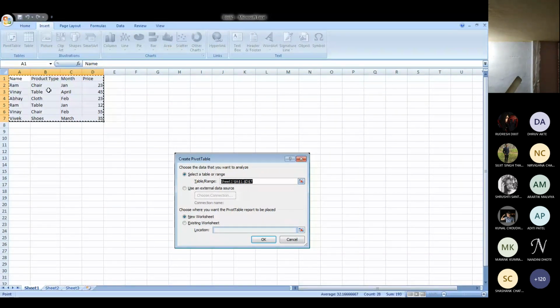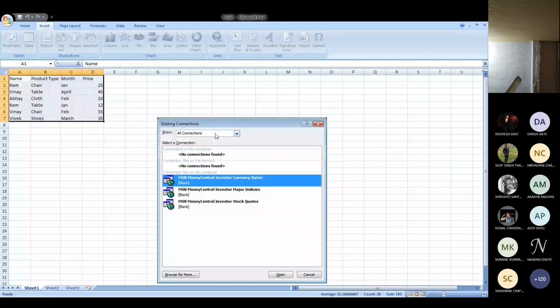then it asks me to select the range. I have already selected the range. Otherwise, you can choose a different range, or you can select an external data source, like a different kind of database altogether. If there are different connections, different networks, different computers, this is one of the basic differences from normal tables. A normal table cannot connect to different workbooks, or different networks or computers. In a pivot table you can connect to a different network or computer. You can fetch the data if you are connected via the network to the computer.